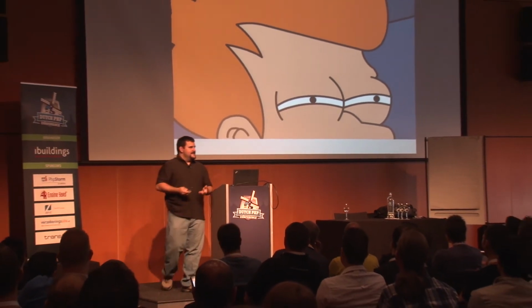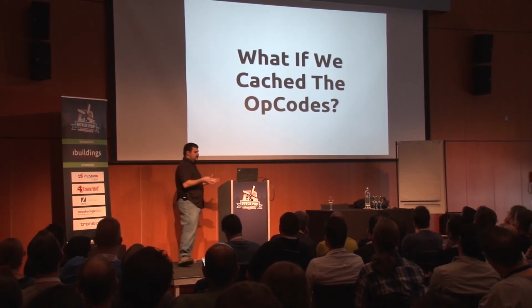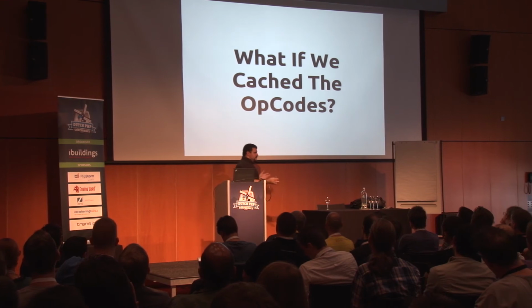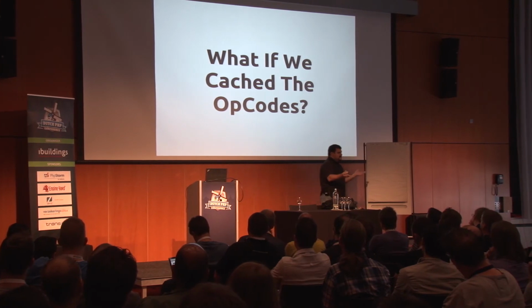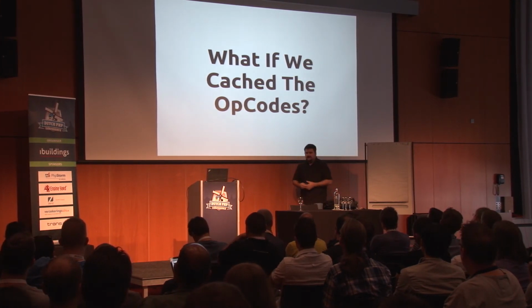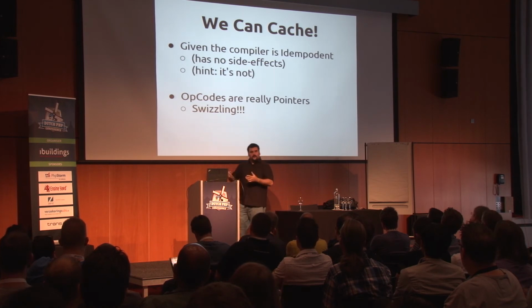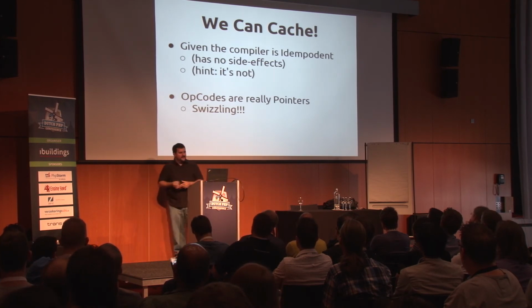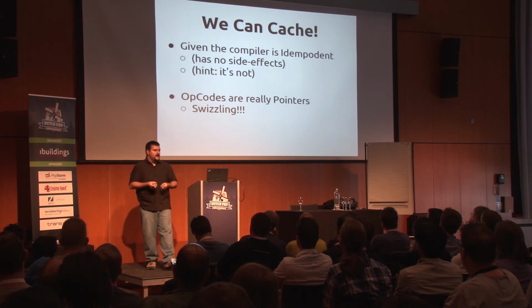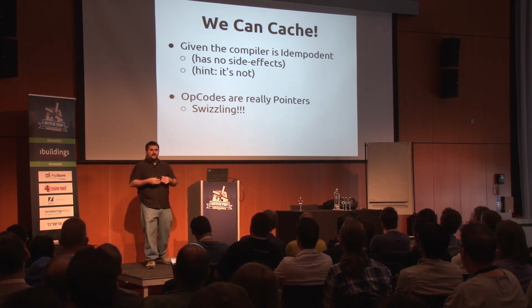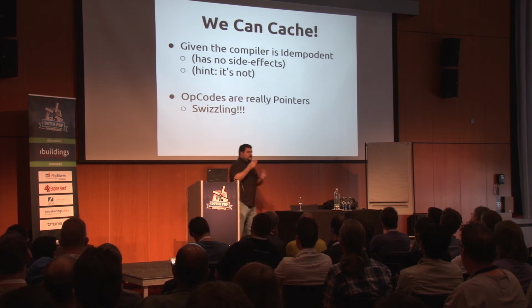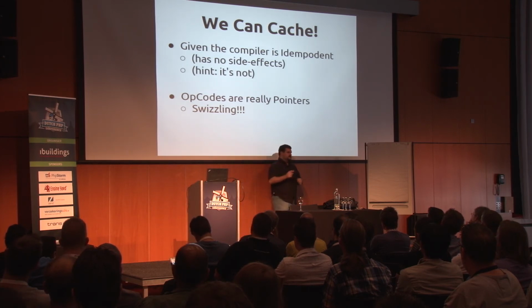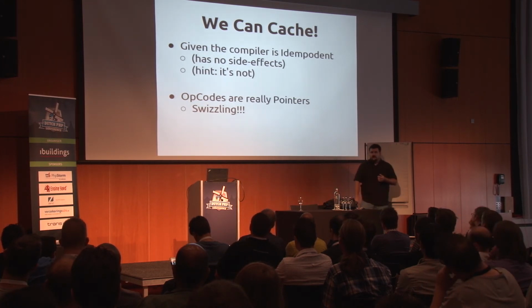If we look really close here, we can cache this stuff. We can cache this transformation and speed up everything, right? Why don't we just build a compiler that pre-compiles everything into opcodes? Makes sense, right? Would make things really fast. Well, no. It would if the compiler was idempotent, which means that it had no side effects when parsing an individual file. But also that would mean that it would have to make a lot of other assumptions at runtime that we can make at compile time. Basically, what that means is caching of opcodes with the current engine right now is very difficult. There's a lot of code that goes into it and a lot of complexity.